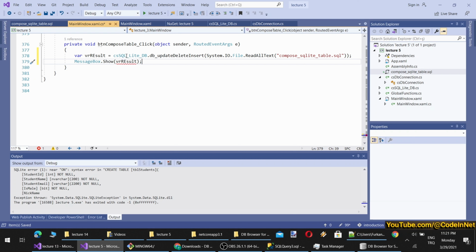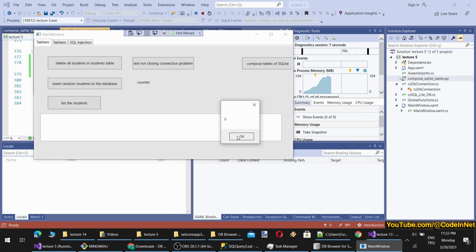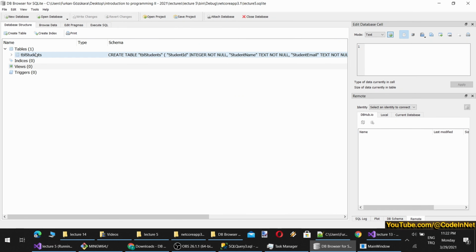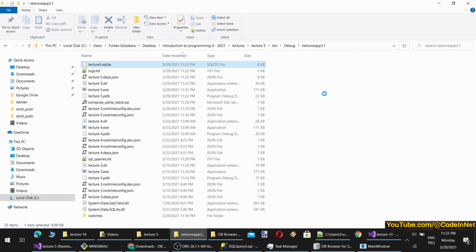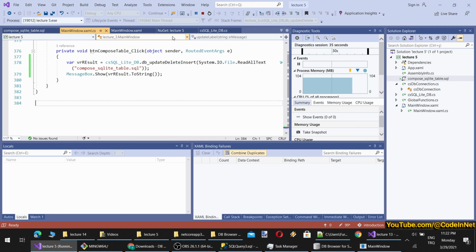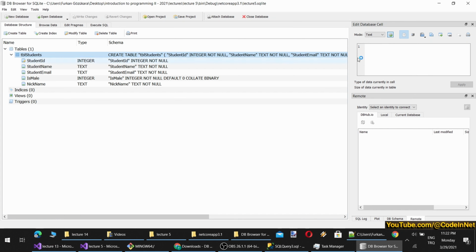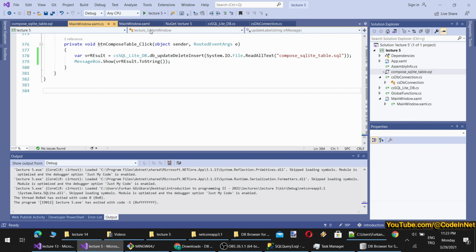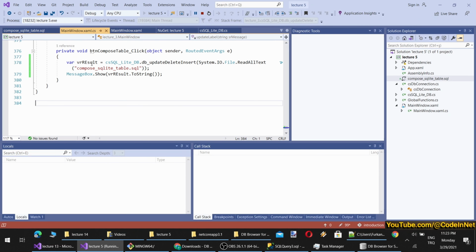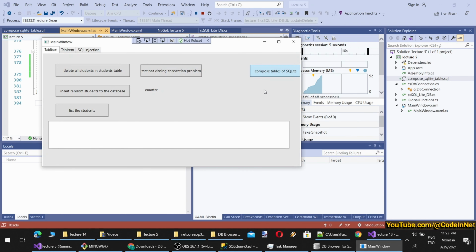So this method will return an integer, therefore we will get the message. All right, it says 0. I don't know if it failed or not. Okay, it looks like it didn't fail, because I see it now here. But to be sure, I will delete the SQLite file and restart the application. So close it. I also need to close the database from here. Now I can delete it. Now let's start. By the way, it has shown 0 because there were no rows affected. We simply created a table.